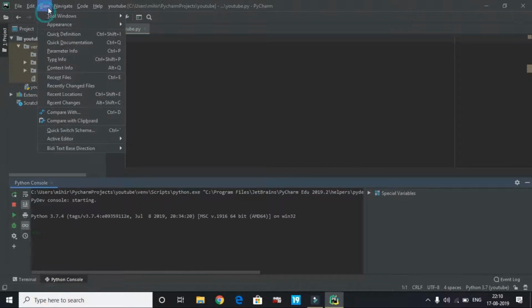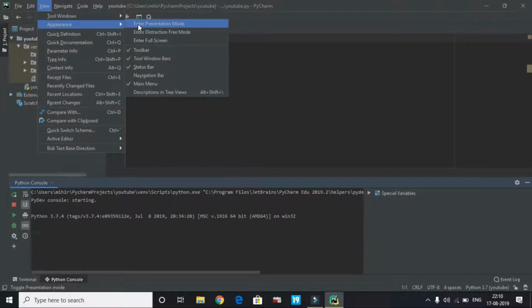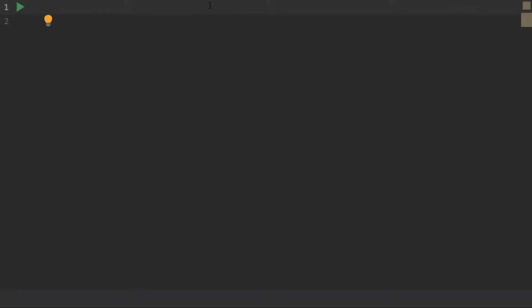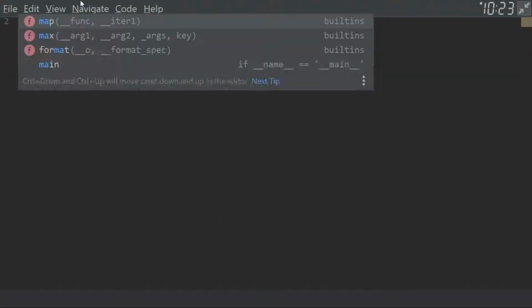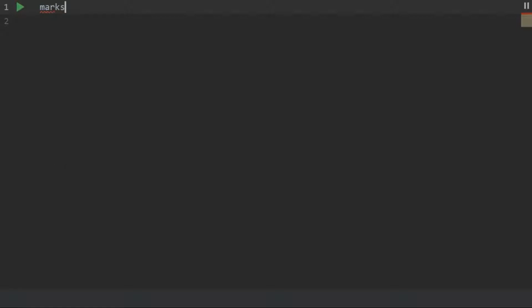First I'll view it in presentation mode. Now let's get started with while loop. So in while loops, first I'll define a variable named marks, and for example marks is equal to 95, and now I'll apply the while loop, and here's its syntax. While name of the variable less than 101,